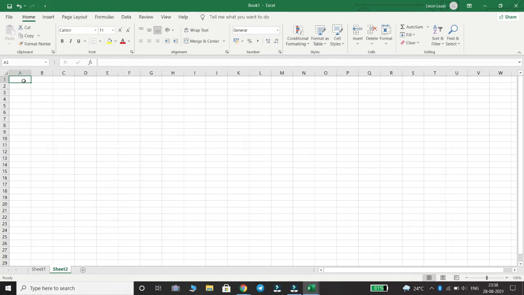If I give any value in A2 in sheet 2, then the same value you can see in sheet 1 in cell A1. So this is known as a reference to other worksheet in the same workbook.